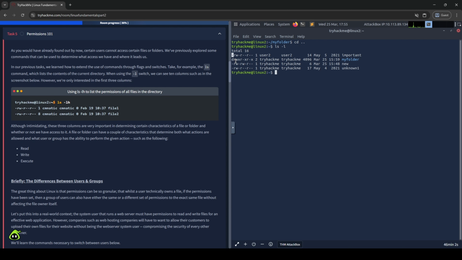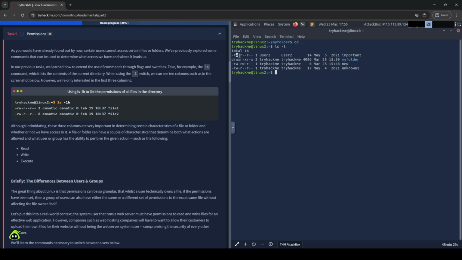As you can see, we have one with the d, and that stands for directory. What else would it be for? Because as you can see, it is a directory named myfolder. The first set is for the owner. The second is for the group. The third is for everyone else. Each group has 3 possible permissions: read, write, execute. So when you see something like rw-, it means read and write are allowed, but not execute.